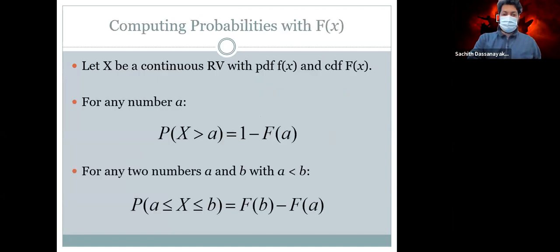Okay. So this is some kind of, you will feel that it is so much theory, but once you try to solve the problems, you will see you need these theories. Okay. X is again a continuous random variable. Any number A is a constant value, meaning whatever A value. Okay. So probability of X, that random variable, greater than A, you can simply find 1 minus